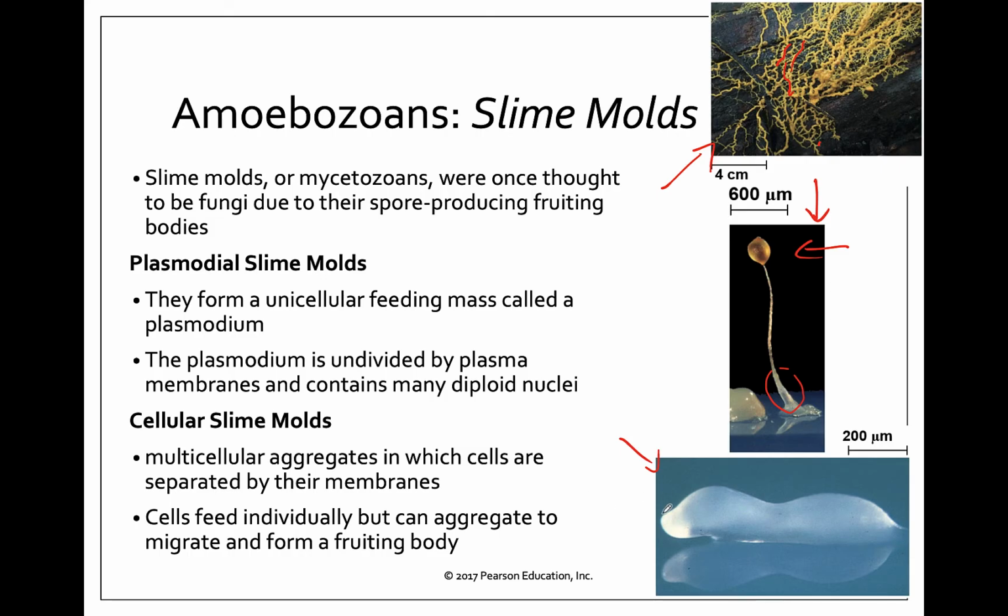Some of these slime molds can create these multicellular aggregates like this guy down here. And not only do these aggregates kind of feed together, they work together to actually move. So instead of having to create spores to go to a new environment, all of these cells can kind of glom together and physically move to a different environment. And sometimes this gets me thinking about, so each of these cells has to still feed individually, but they can group together to move as if they're one organism.